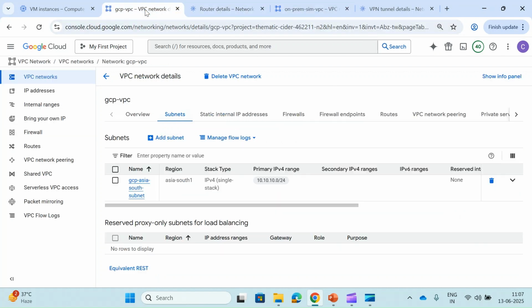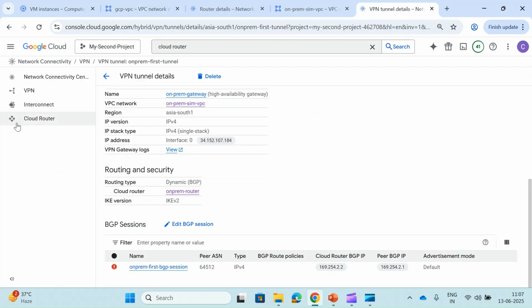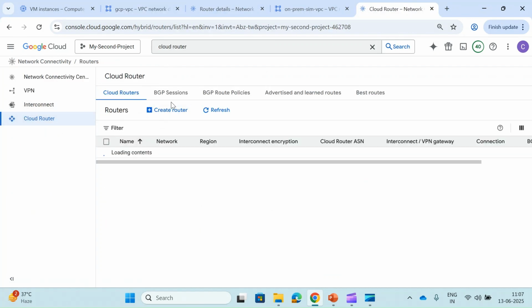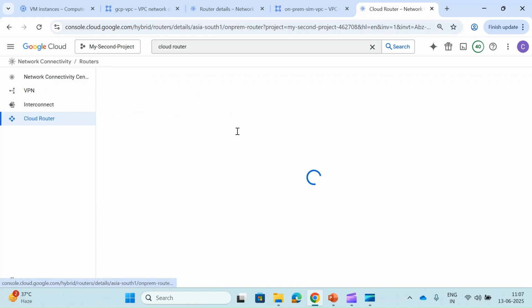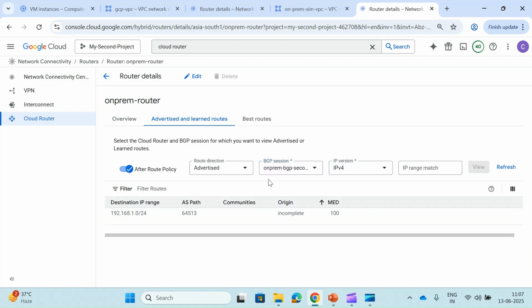So let's go here and let's see. Now let's go to this also, and we will just see the same thing. Let's go to our on-prem router and advertise routes. Let's see what we are advertising. We can click any BGP session, it will do the same thing because we are not doing much. This 1.0 range is our LAN routes. Click on 10.10.0. This is the LAN we are getting from the other end. You can see these communities. You can skip them as of now, not much.